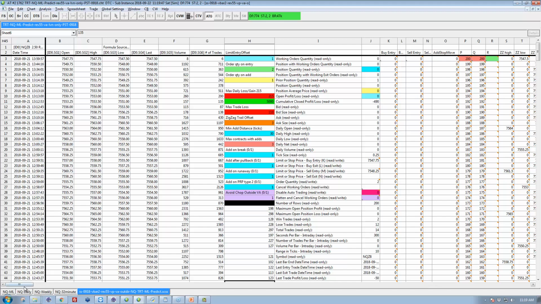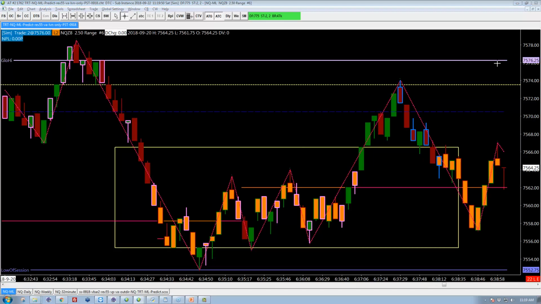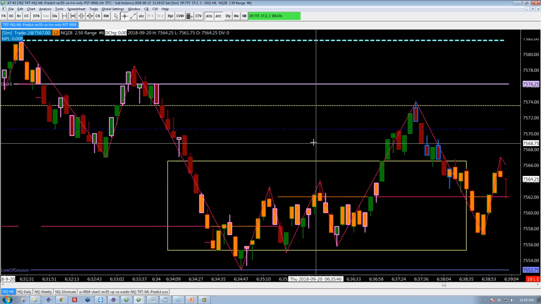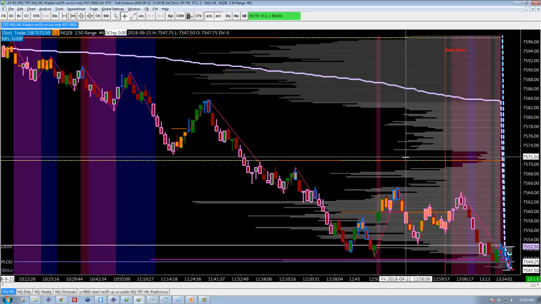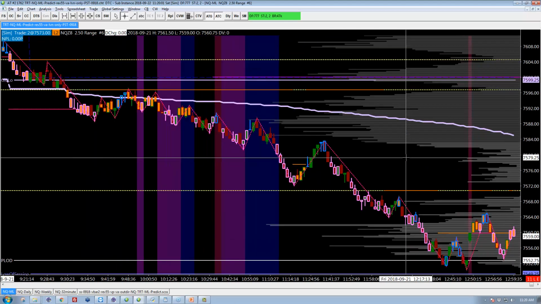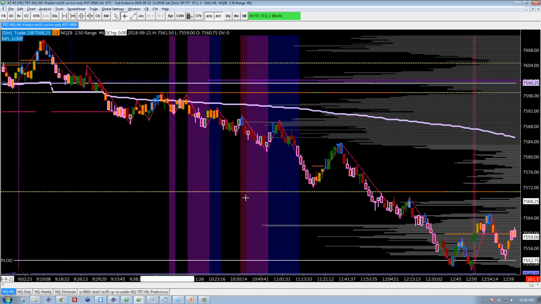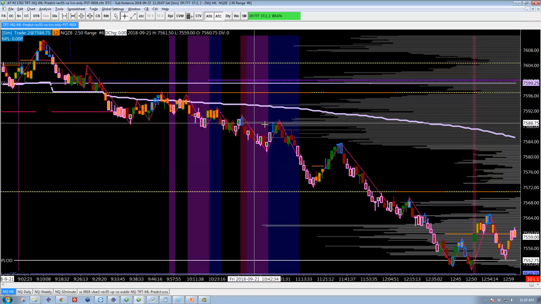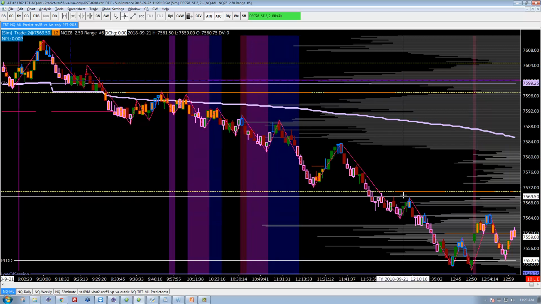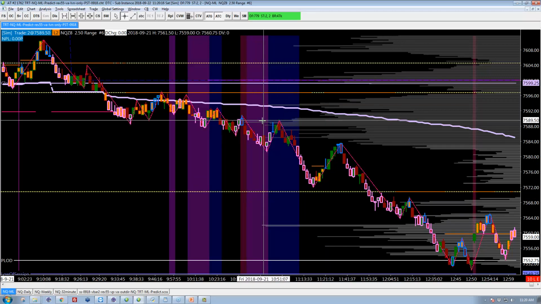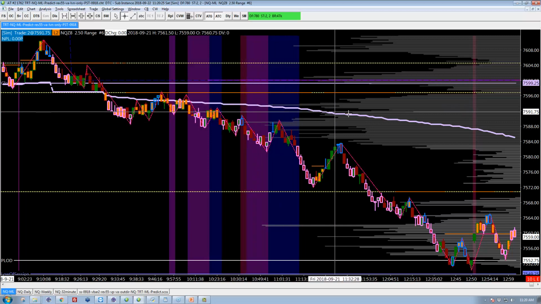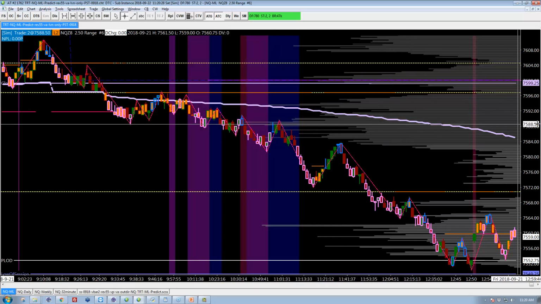And there's one other thing that I implemented in the low volume node testing chart here that we have to talk about, and that is, if we look at it here, this is Friday here. This is the test chart, the simulation chart. And what the simulation chart does, in addition to what we've described about a different look at the low volume nodes, it also implements a choice to not get long if you're below the value area low,